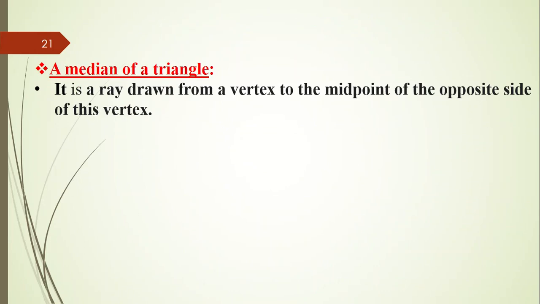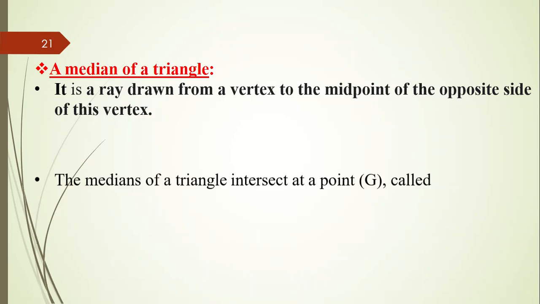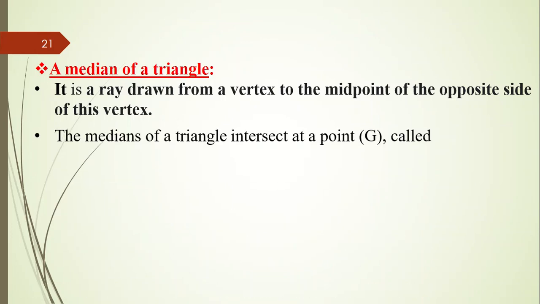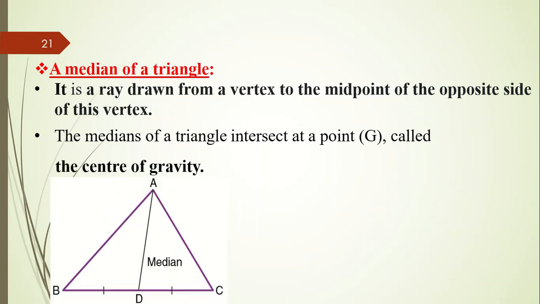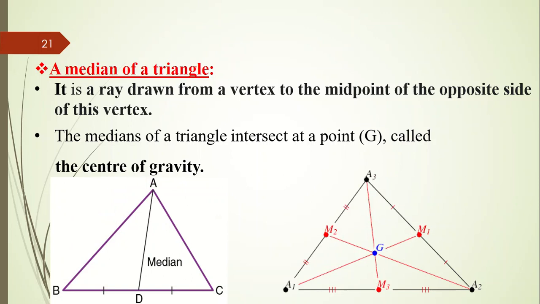A median of a triangle. It's a ray drawn from a vertex to the midpoint of the opposite side of this vertex. The medians of a triangle intersect at a point G, called the center of gravity. So simply to draw a median, we have to search the midpoint of the opposite side and draw, for example,